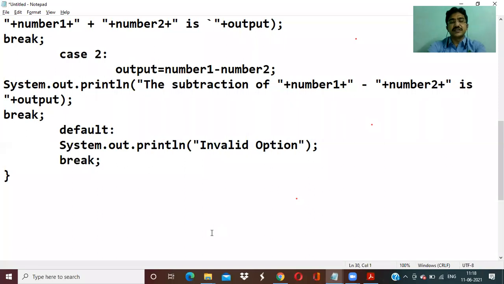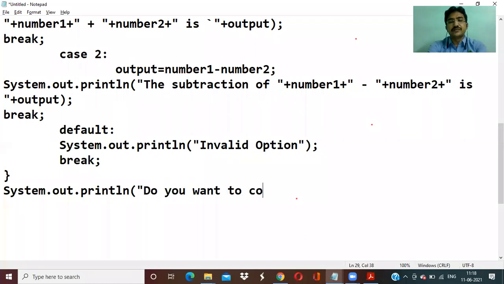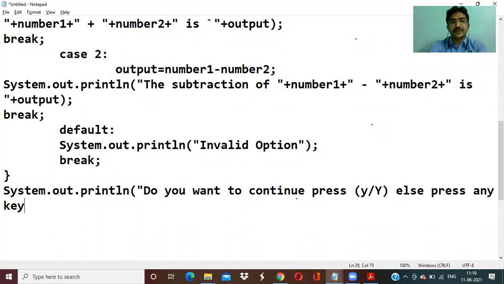So I'm just displaying a message: System.out.println of do you want to continue, press small y or capital Y, else press any key to exit.